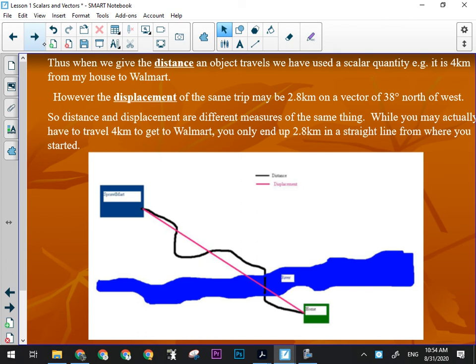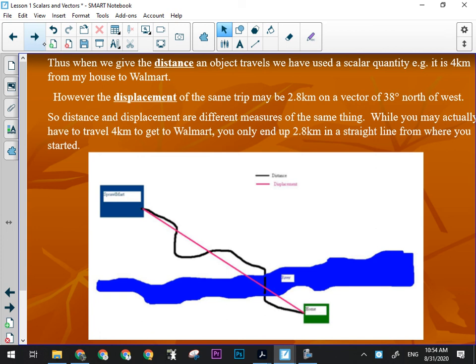Okay, so when we give the distance an object travels, we give a scalar quantity. So distance is scalar. It's 100 kilometers, or 100 kilometers per hour. Those are scalar descriptions because they have no direction. Displacement is going to be the straight line change of position from where I started to where I